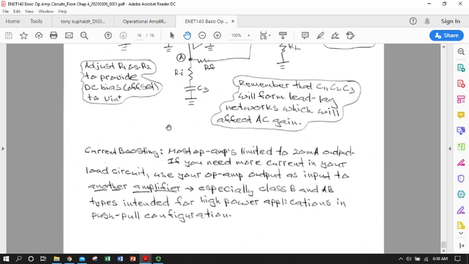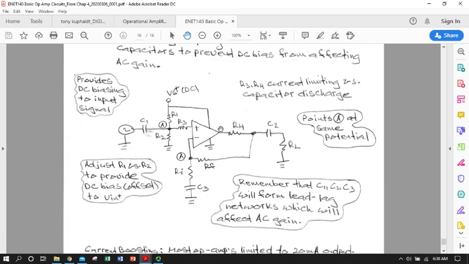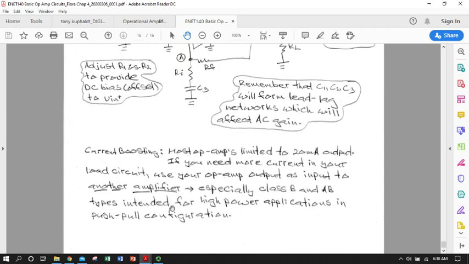Okay, a word about current boosting, and I did mention it in reference to the front end or the back end of the op-amp, because it's usually the third stage. Most general purpose op-amps are limited to about 20 milliamps output. There's no saying you can't put this op-amp in a cascade with other amplifiers that will give you current boosting. And if you go back to your semiconductor studies and you remember our classes of amplifiers, we had an A and an AB, and a B and a C and a D for pulse mode,